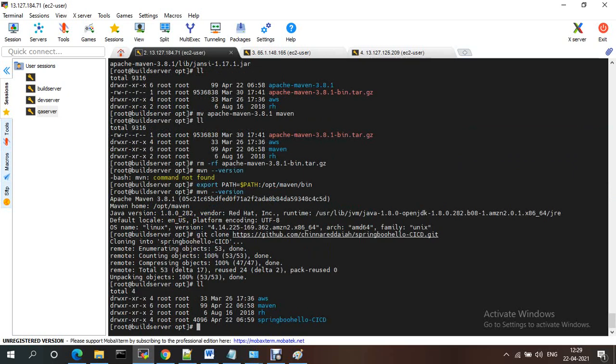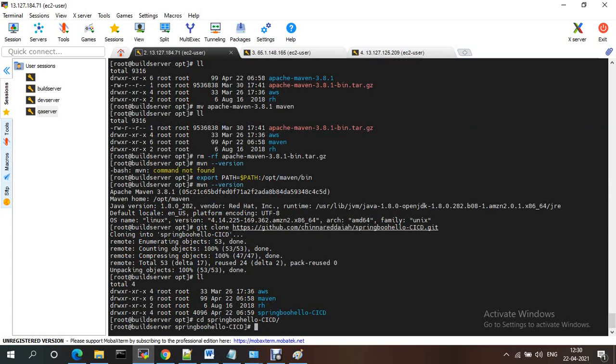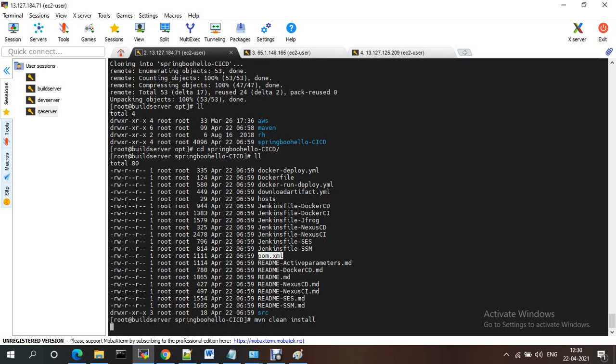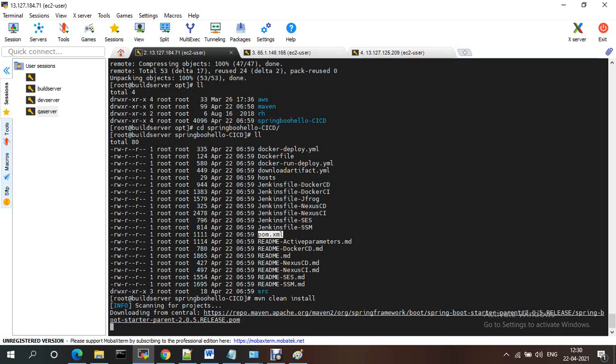Now for Spring Boot, you just need to go to the Spring Boot folder and check whether the pom file is there or not. Just do mvn clean install.